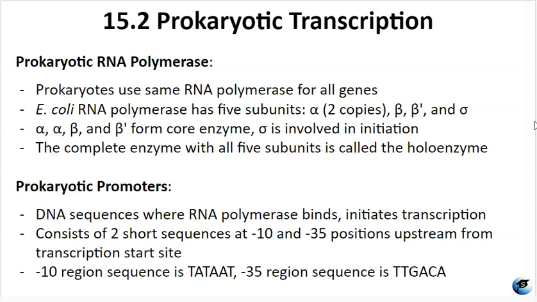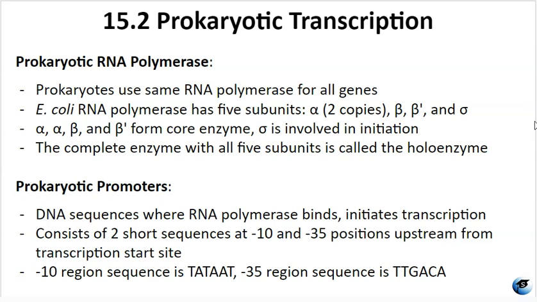And then 4 of the subunits, the alpha, there's 2 copies of alpha, beta, and beta prime, form the core enzyme responsible for assembling on the DNA during transcription. The 5th subunit, called sigma, plays a role only in transcription initiation. It provides specificity, ensuring that the polymerase starts mRNA synthesis from the right initiation site, the +1 site. Without sigma, the core enzyme would produce nonsensical proteins, and the complete polymerase with all 5 subunits is called the